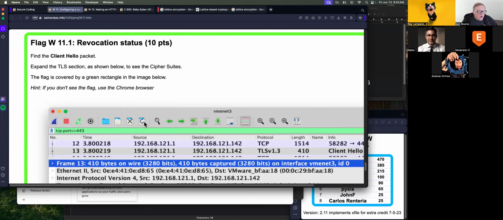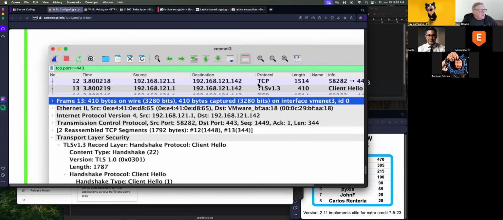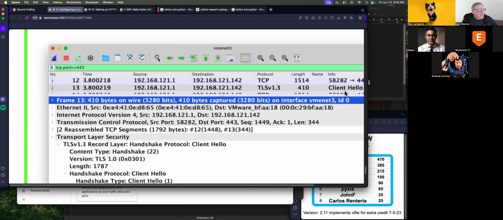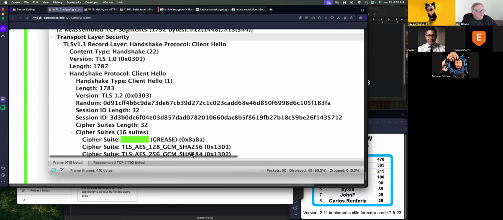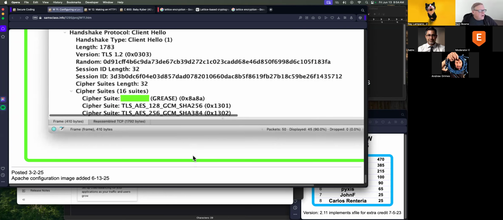And if you use Chrome and connect to your server, the client hello message as part of the HTTPS handshake will show the cipher suites that are available. And you'll see a bunch of them, and I picked one of them to be a flag, one that's sort of a test suite that's used. But you have a lot of different encryption algorithms that are allowed here. So this is ordinary HTTPS using the ordinary old-fashioned encryption routines like RSA and elliptic curve cryptography, which, as I